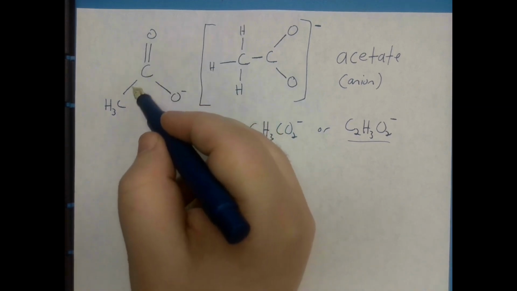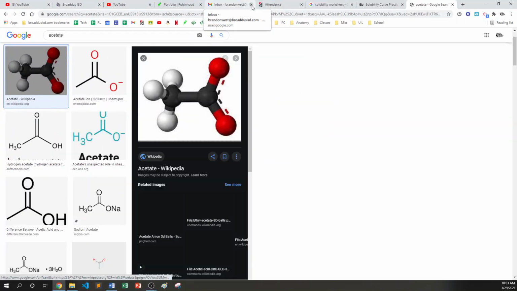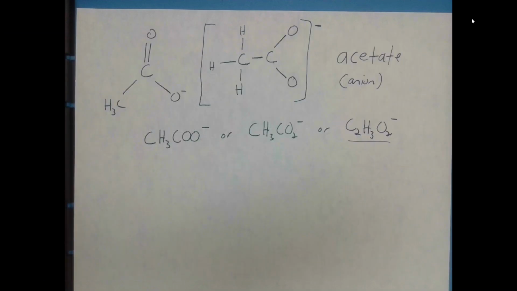It's a carbon in the center with another carbon. Actually, let me pull up and show you a three-dimensional model. So it looks like this. We have a carbon and a carbon. One of the carbons has 3 hydrogens, and then 1 oxygen. And this oxygen has an additional electron, making it negative. It's an ion. So